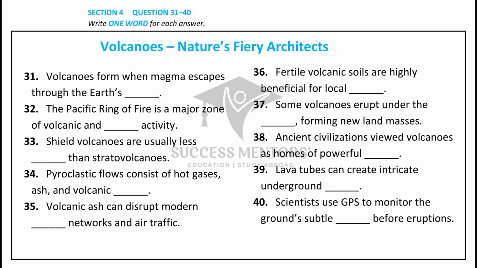But how do we monitor volcanoes today to prevent disasters? Thankfully, modern technology has advanced significantly. Scientists use a variety of tools to detect warning signs before an eruption. Seismographs measure tremors beneath the surface, while gas sensors detect changes in volcanic emissions. Satellites can monitor temperature shifts, and GPS technology tracks subtle ground movements, tiny changes in the Earth's surface that often